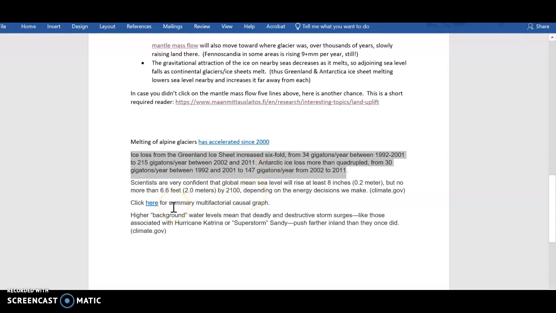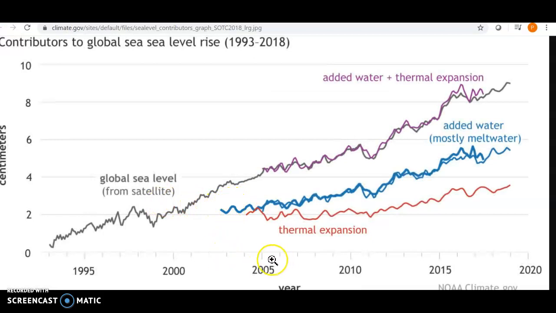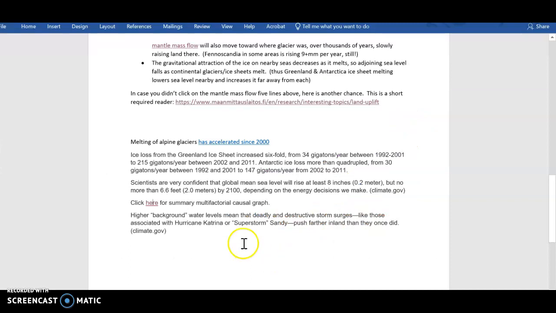So to kind of look at this a little more, multifactorial causal graph. If you just kind of go, say, when we started getting the components of thermal expansion and meltwater, and the addition of those two being this one up here, if we kind of start in where we had data, so about 2004 or so, when we started having that, you can see the contribution that each of these made, and they were roughly the same in 2005, not that long ago. All of you were born. And meltwater is now the big story, okay? So when you add the two together, you get this kind of rise like we're seeing. All right, now going back to that sheet again,